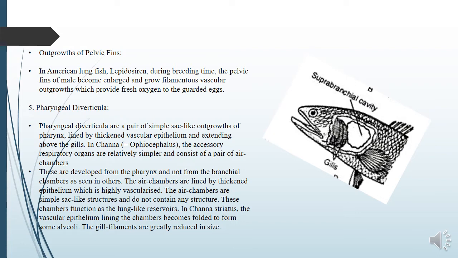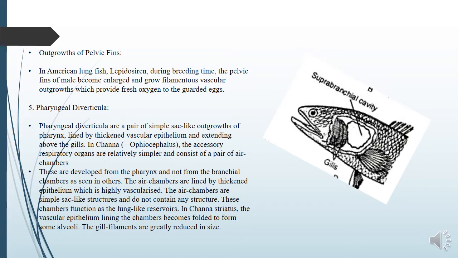Now, pharyngeal lungs, that is diverticulum, as a respiratory organ. This is one step forward, and in this case some kind of definite pouch or sac-like diverticula is gradually evolved and can store inhaled air for at least some time. Such structure has been found in the fishes belonging to the family Channidae and in Amphipnous cuchia, that is Cuchia. In these fishes, pouch-like diverticula develop from the pharynx to store air.